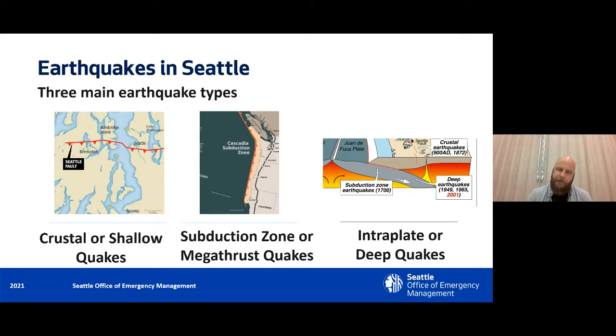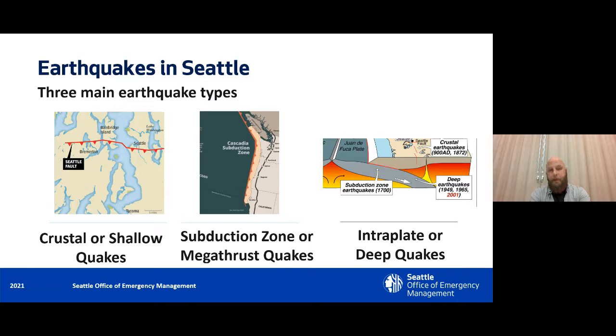So a good example of that is the Seattle Fault, which basically runs from Bainbridge Island straight through downtown Seattle or that area. And these are our worst case scenario because the fault is so close to the surface that the shaking is often going to be more violent, and the Seattle Fault is running right under some of our critical infrastructure right through the downtown core. So we could really see a lot more damage from an earthquake like that. We see those earthquakes less frequently, so that's a good thing. The last one we know of was in about 900 AD, but again, that would be our worst case scenario.